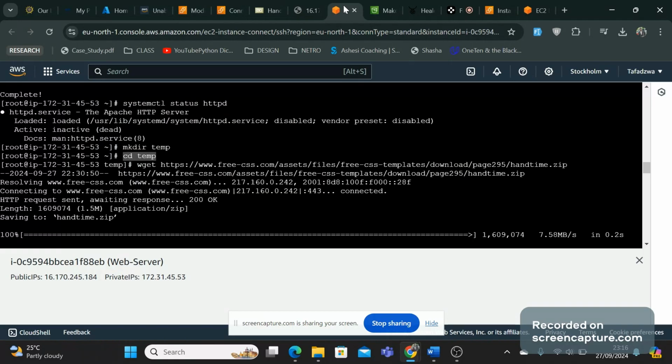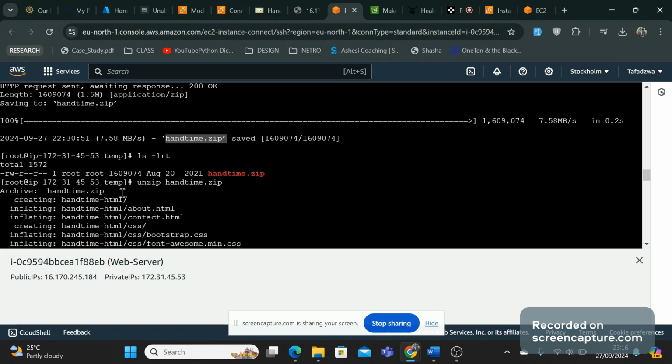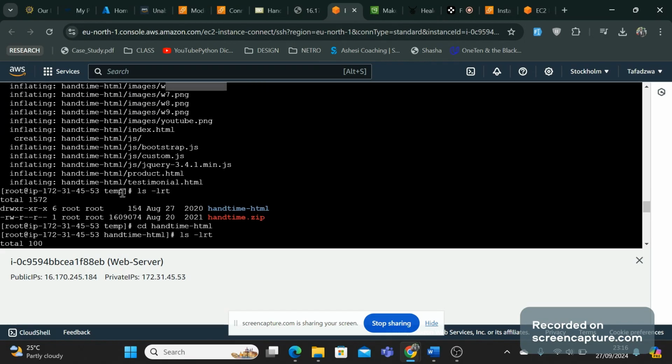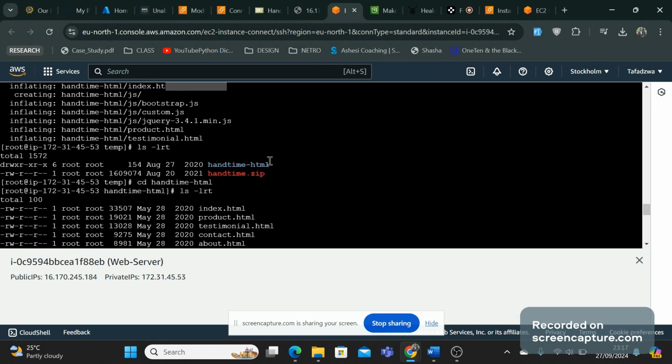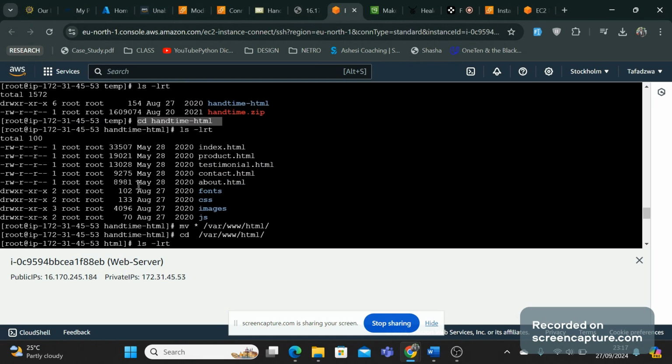That is what I brought here, and I used wget to download, and then I pasted the link, and then it downloaded all the needed files. So notice that the file that was downloaded was called hand time. So I unzipped it, and then I navigated to, okay, these are all the unzipped files, and then I navigated to this folder. You can see that I navigated to that folder that has been unzipped,